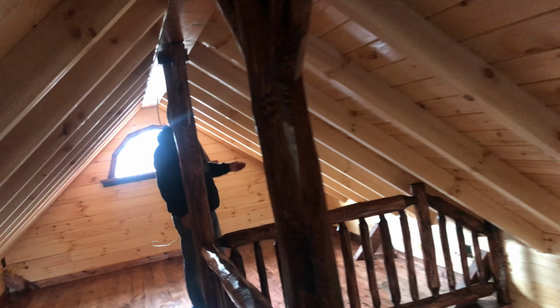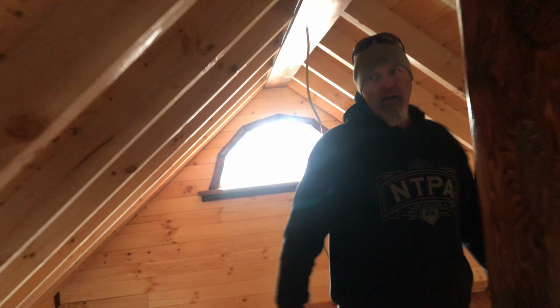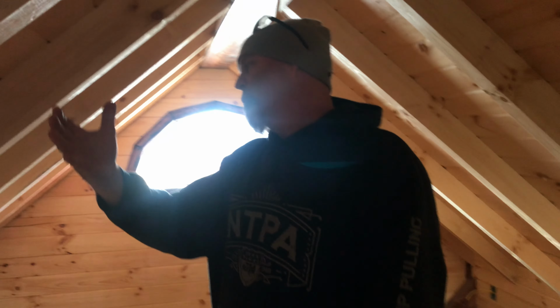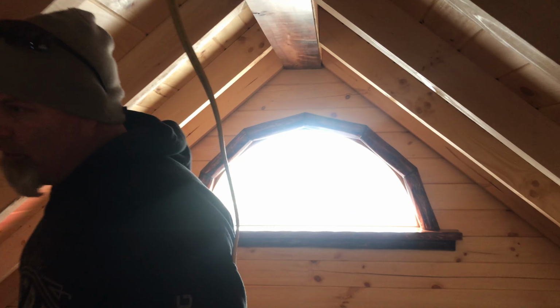You can put a dormer down here to match that side. It'll just have 2 big dormers, and you'll have a dormer there. And if you want, you can have another dormer here, or you can have a long dormer, or however you want to design it. And the pricing on that isn't something that